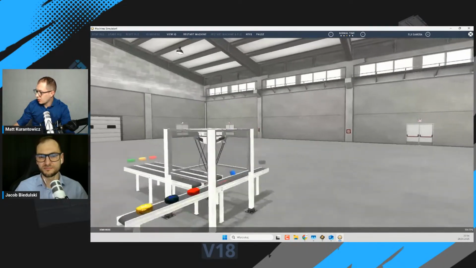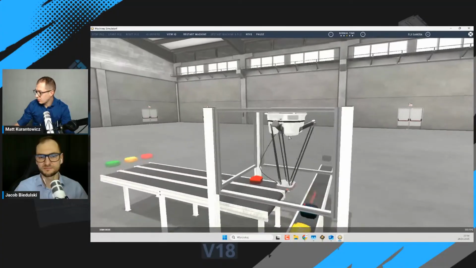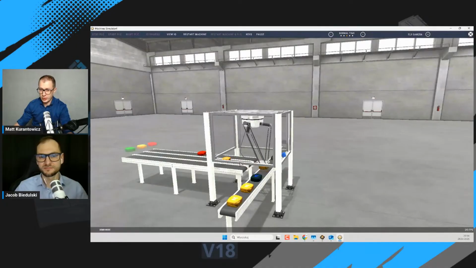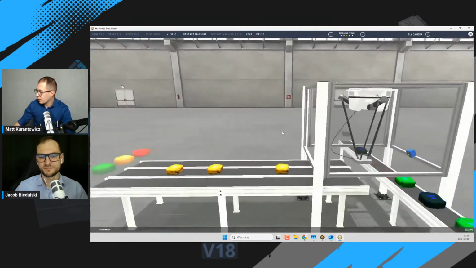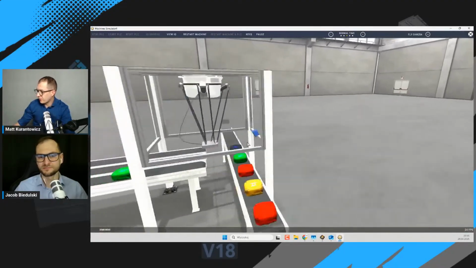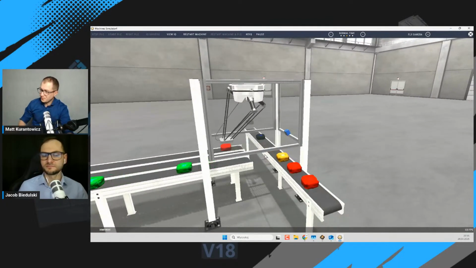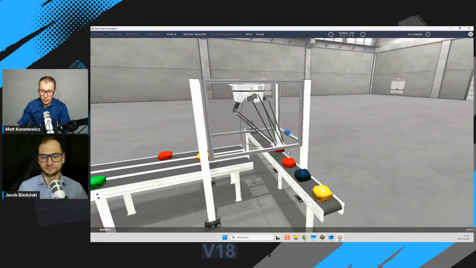Delta robot, it will grab, for example, cookies or pizza or something like that, or packages from the one line to one of the three lines. And we have probably here the vision sensor, and we detect the color of the package of the element,